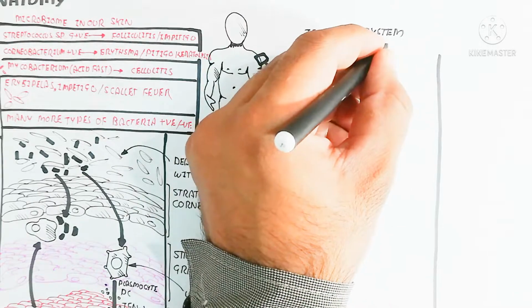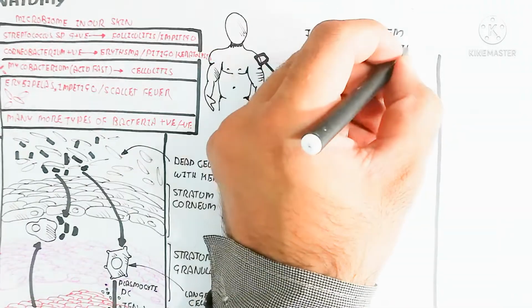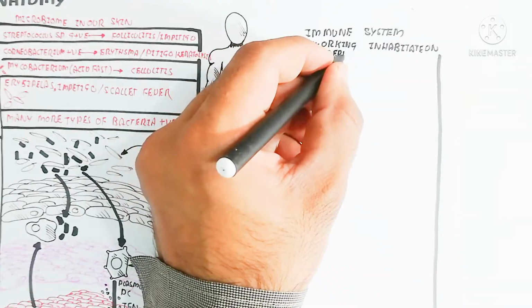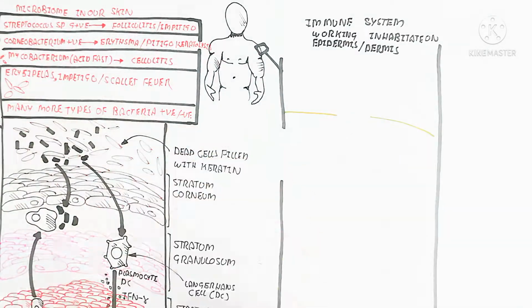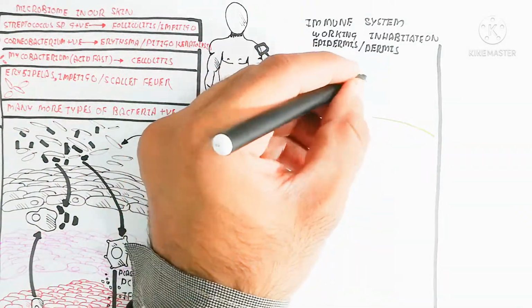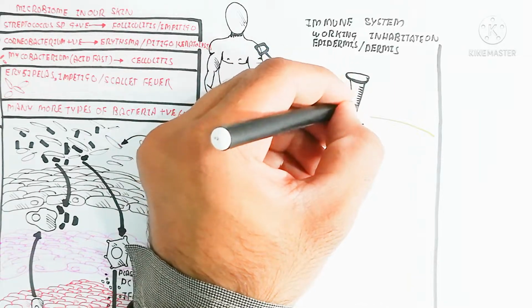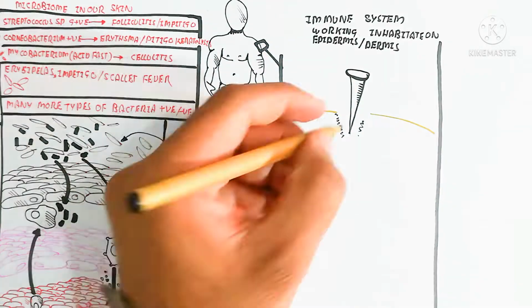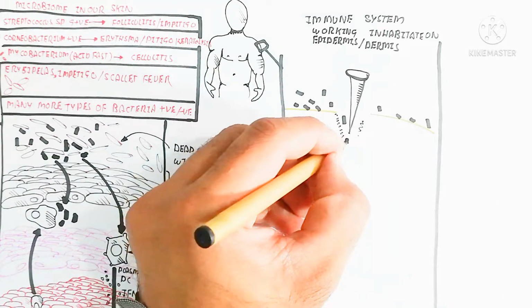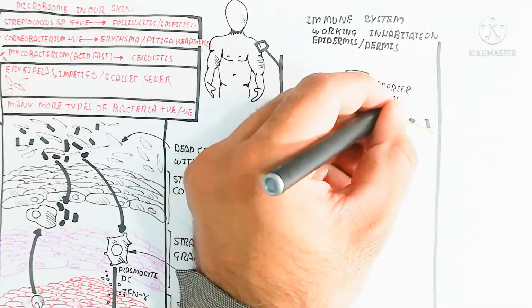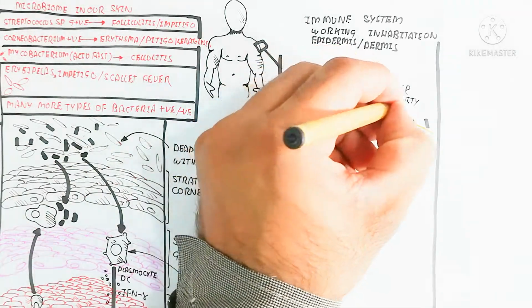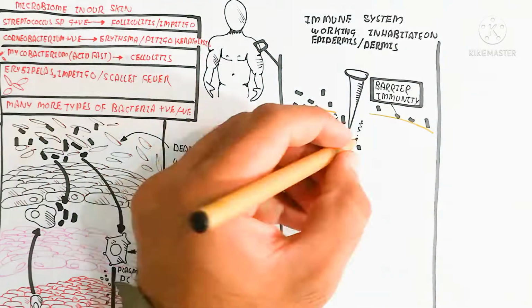So here is a person's skin. The immune system works in the epidermis and dermis. In this way, we can see what happens when the barrier immunity is ruptured. The barrier immunity is through the stratum corneum and stratum granulosum. When this barrier immunity is ruptured, the pathogen will move inside through the microbiota present in the upper